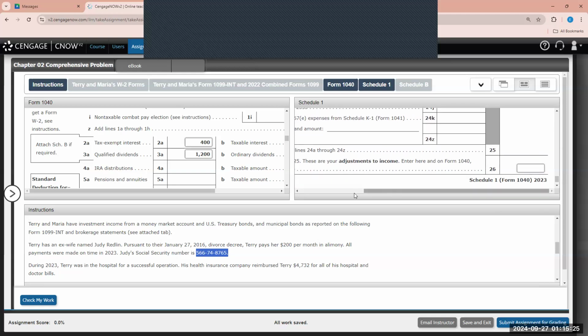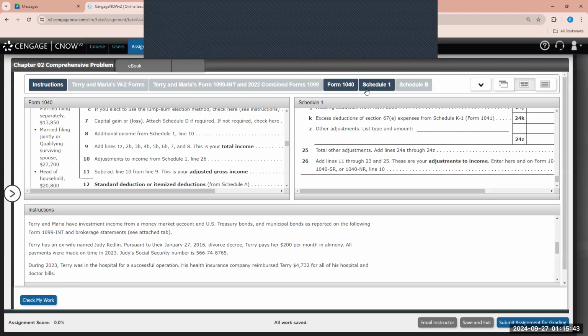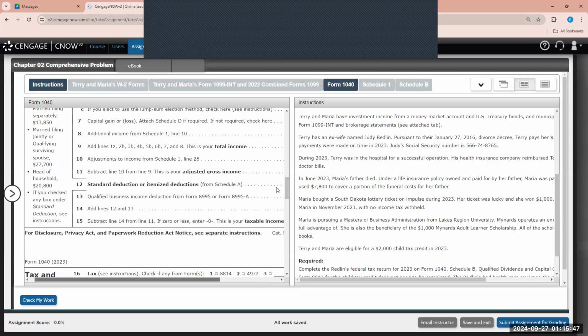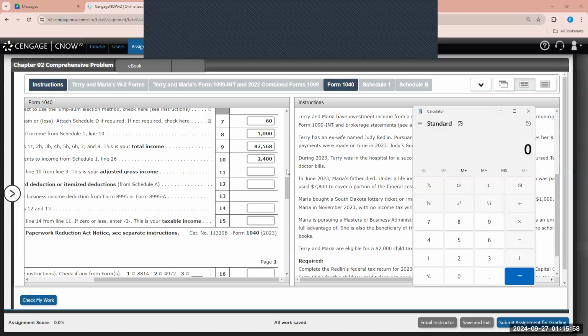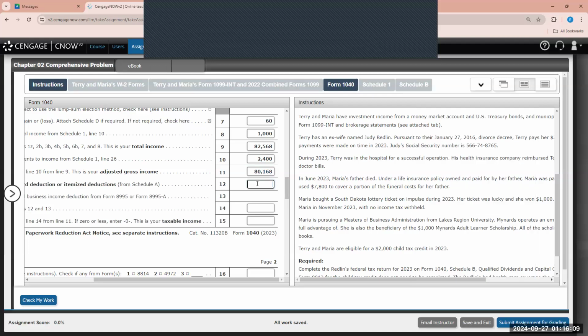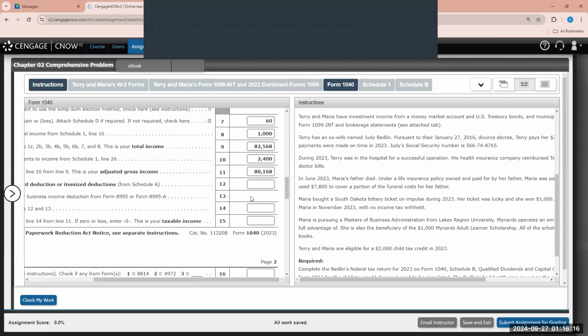And we scroll to the bottom, and it asks us to add lines 11 through 23 and 25. So this is the only thing impacting the Schedule 1 adjustments to income. So therefore, we input the 2,400. And then it says here, enter here and on Form 1040, line 10. So we go back to our 1040. Line 10, we have the adjustment of 2,400. So based on this information, our adjusted gross income is $82,568 minus 2,400. Our adjusted gross income is $80,168. So we just calculated our adjusted gross income, our AGI, and now the next step is to determine, are